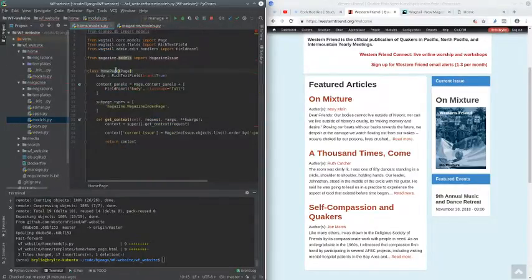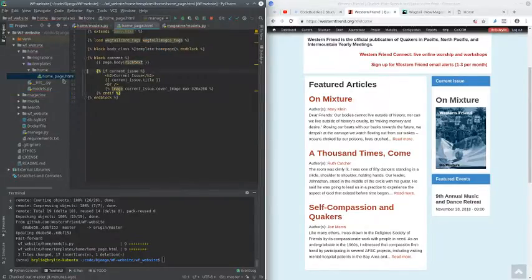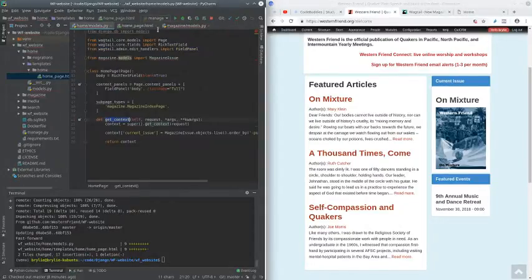So briefly, to do that on the home page, any model by default will bind to a template of the same name. Oops, this actually should be in the home template. So that's a little bit of magic that Wagtail does for you, so you don't have to mess with routing very much. So we have a homepage template and the homepage models,